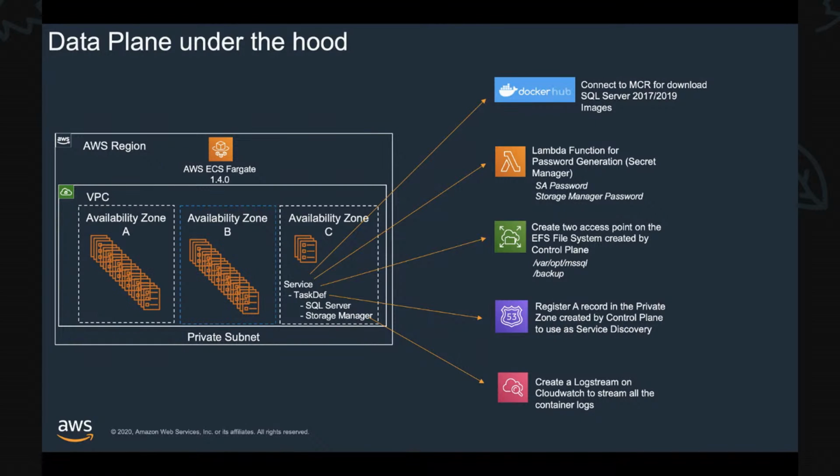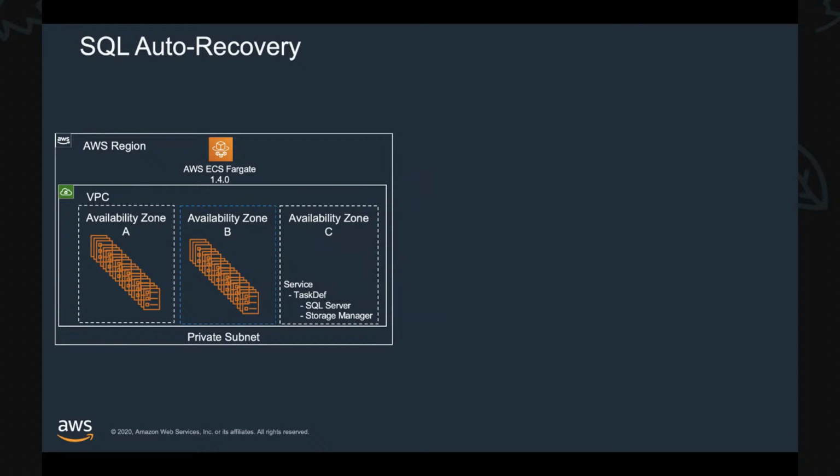So this is the control plane and the data plane. As you may know, containers are ephemeral. So you have a container, maybe running in availability zone C. We downloaded and deployed Ubuntu-based SQL Server, which is storing the data on EFS. What if the container dies? It's possible. Containers are ephemeral and they don't store data. Is my SQL data gone?